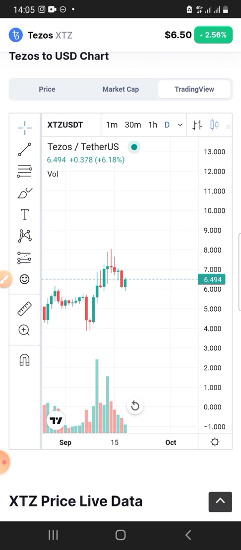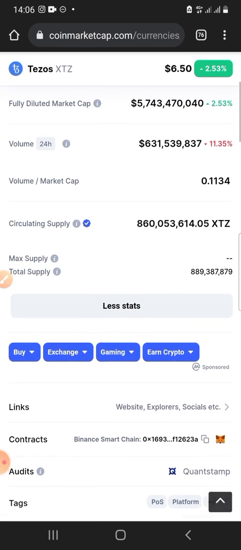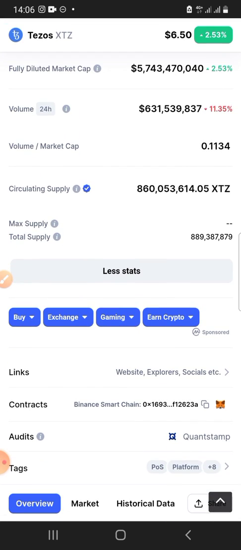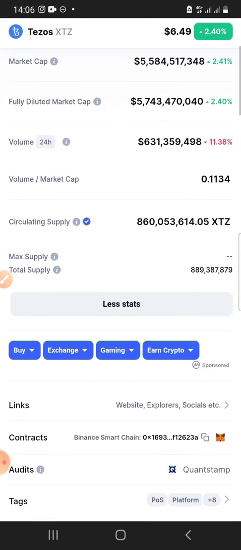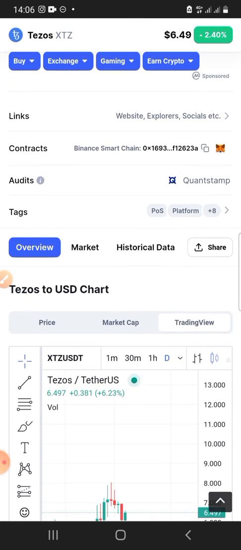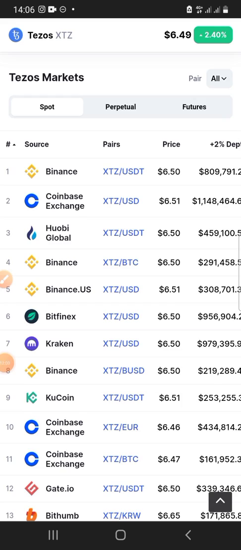So with these two things in view, we are moving to the next indicator, okay, to see if it's economically active. The next indicator we are going to look at is the markets that it is listed on. And for here, what we are very, very particular about is that we need to check if it is listed on at least one reputable exchange, okay, one reputable exchange. And so let's find out the markets that Tezos is listed on. So with this, you're going to find it here. Market, we click on that. So these are all the markets that Tezos is listed on.